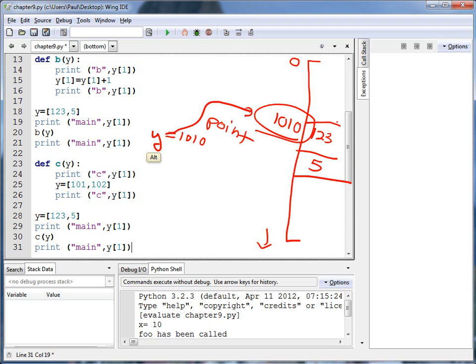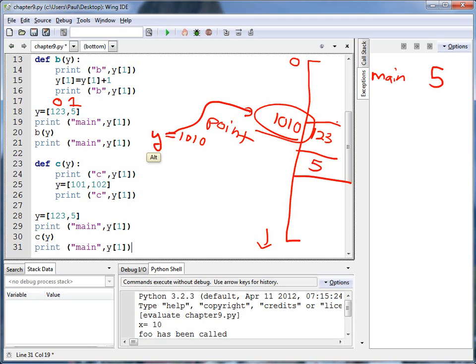Therefore, when I do print main y1, remember this is spot 0 and this is spot 1, I'm going to go to address 1010, find the second item, because they're starting numbering at 0, and pull a 5, and what I actually end up printing out, over here, I'll just pretend it's my print, I'm going to print main